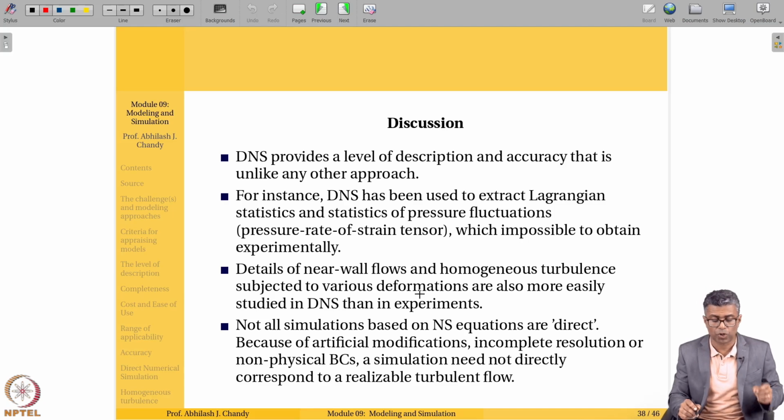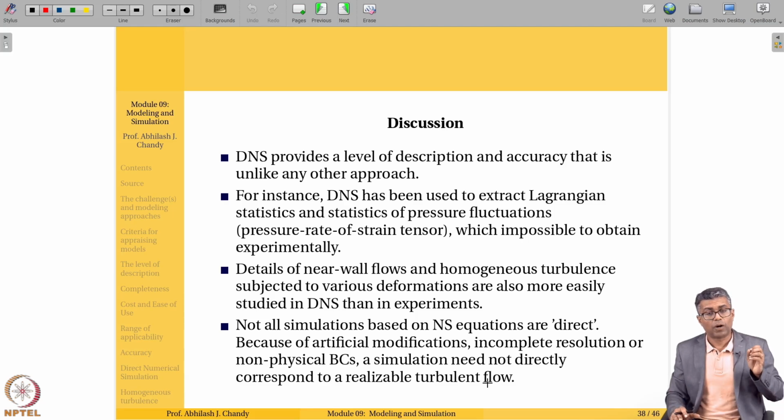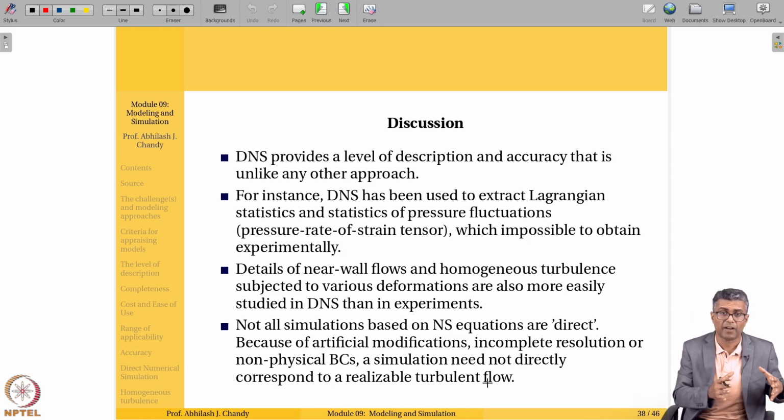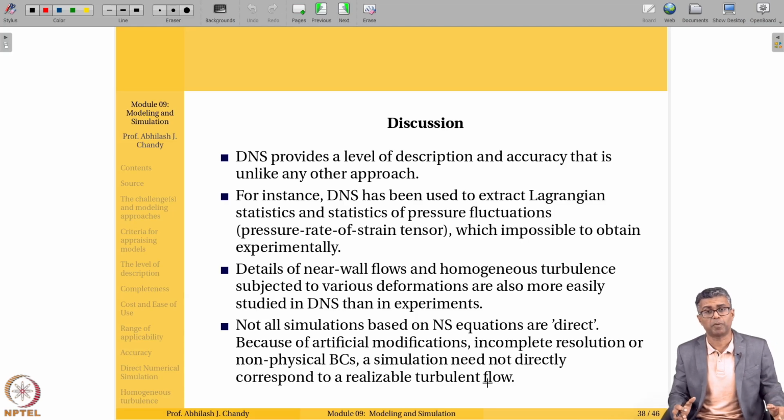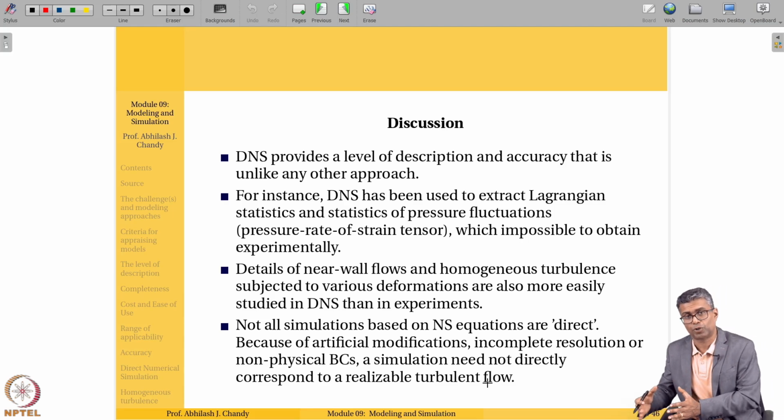Details of near-wall flows and homogeneous turbulence subject to various deformations are also easily available in DNS, just like in experiments. Now, in fact, one can argue that some of this information is much more easily available in DNS than in experiments, because in experiments the logistics of obtaining these statistics, because of additional cameras and additional resolutions, is going to be much more. Whereas in DNS, as long as you are resolving all the way down to the Kolmogorov scale,